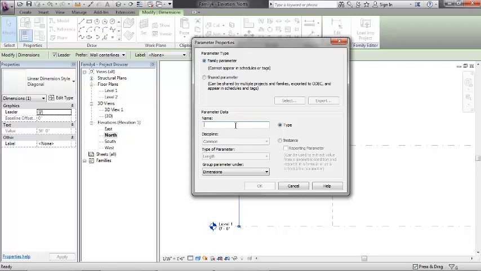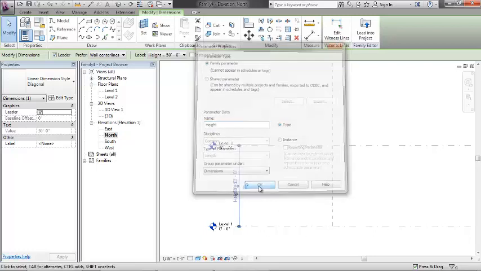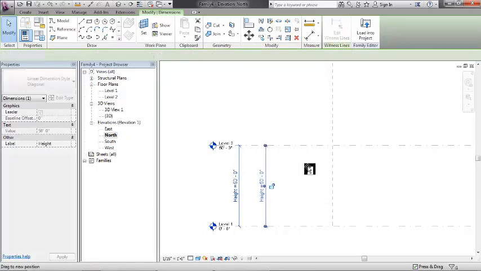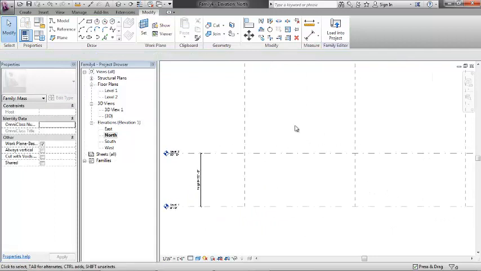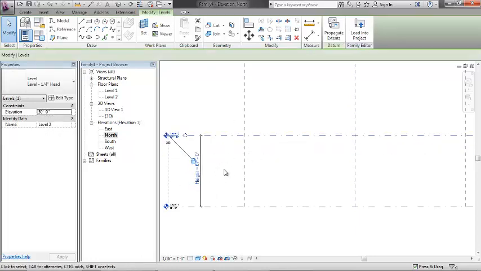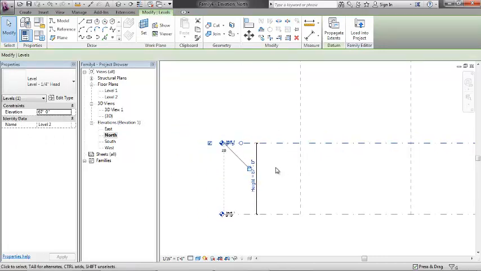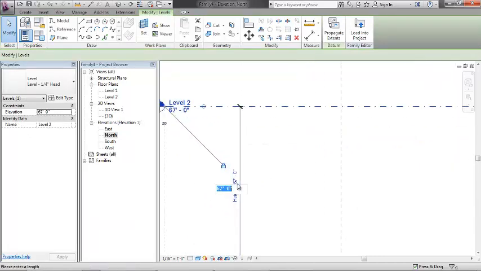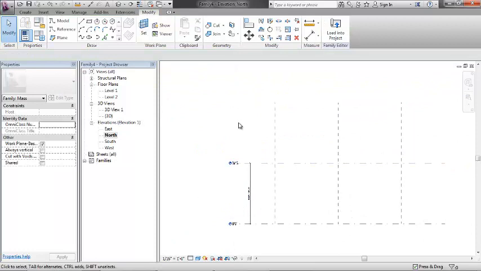Right, so I just want to keep it simple for now, and I'm going to make it a height. So I type in height on there. I click OK. Right, so I have my height parameter. Now, when I want to change that, if I click on it or I try and move this, it's going to allow me to flex it, but that's still not letting me put in a numeric value, and I can't just click on it and put in my numeric. Oh, I guess I can now. Oh, that's so cool. So I guess you can do that now,